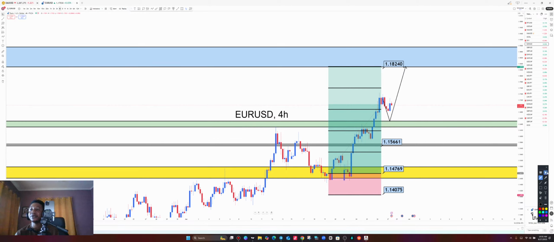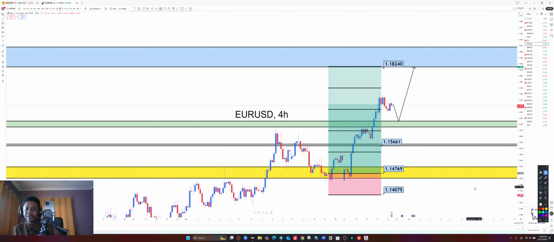So on EUR USD on the 4-hour time frame, we're waiting for a retest on the daily resistance, which is now a support level, to buy all the way to the upside. So immediately price completes, this would be what? A higher low here on the 4H. Wait for candle confirmation and we buy all the way to a monthly resistance level to complete the monthly higher high. Simple as that. So that's it for EUR USD. Let's go to the next pair.